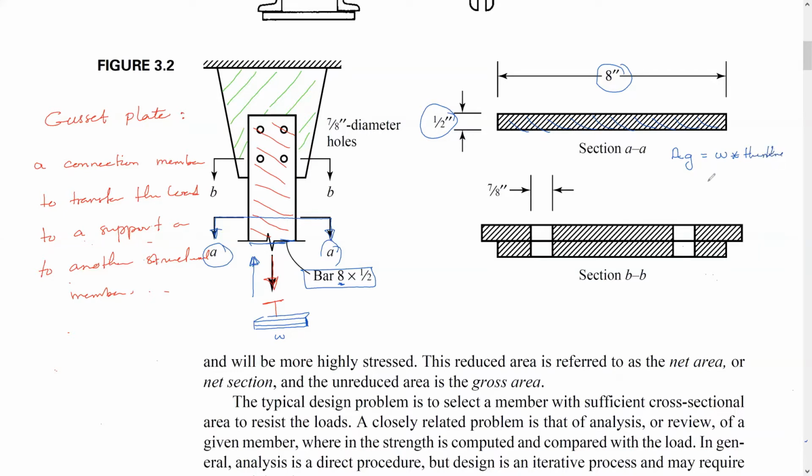Okay, the width is 1/8 inch times 1/2. So the area here for section AA is 4 inch square. Okay, what if we take the section, let's say here,